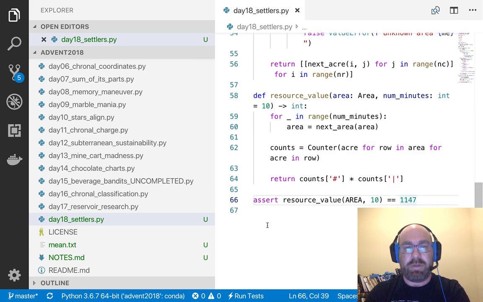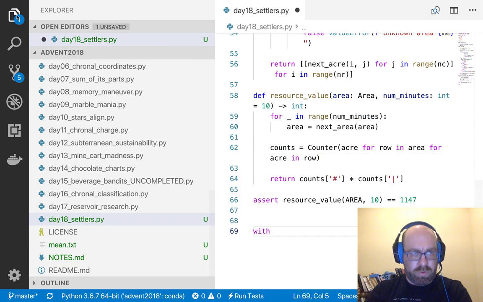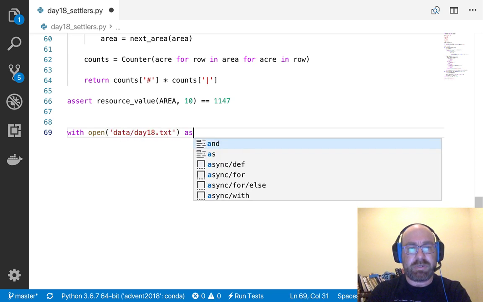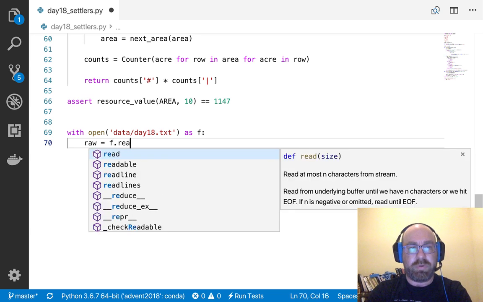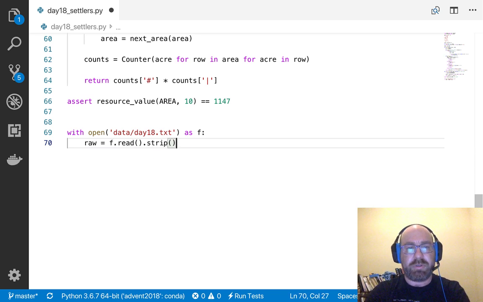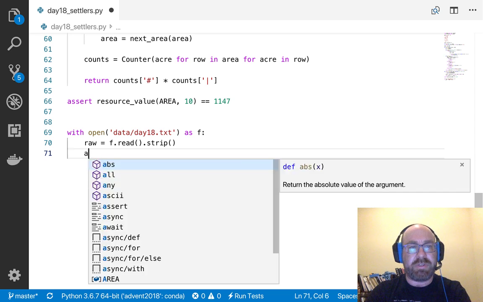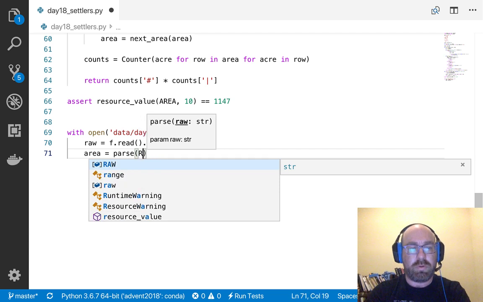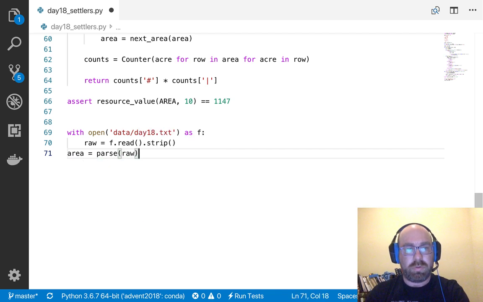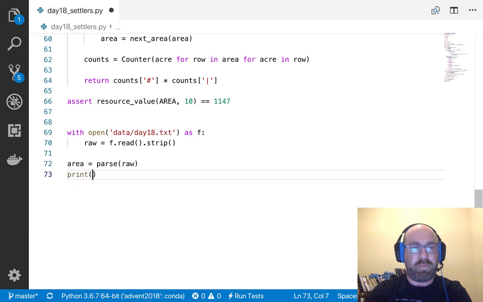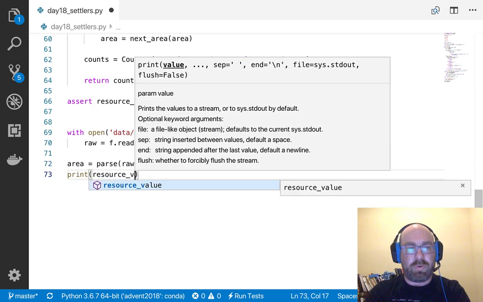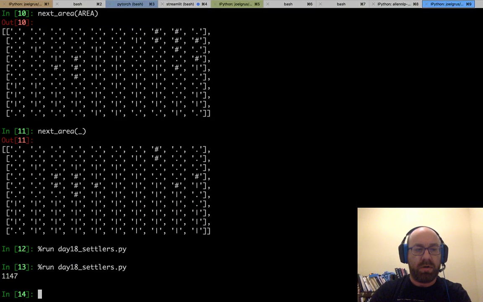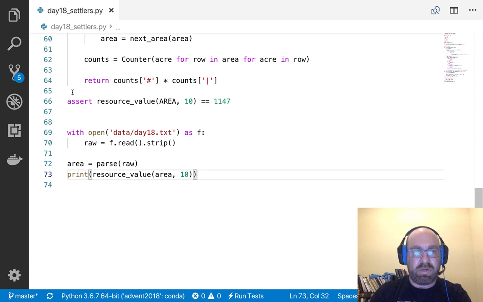And so now what I can do is say with open data day 18.text as f, raw equals f.read, and I'll just strip it for fun. And let's say area equals parse raw, and then print resource value area 10.